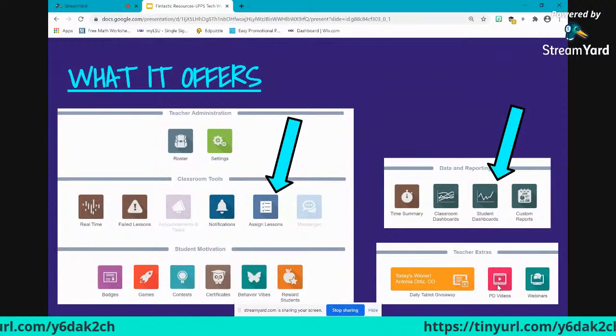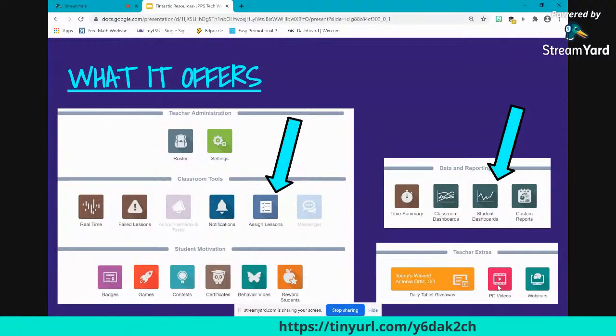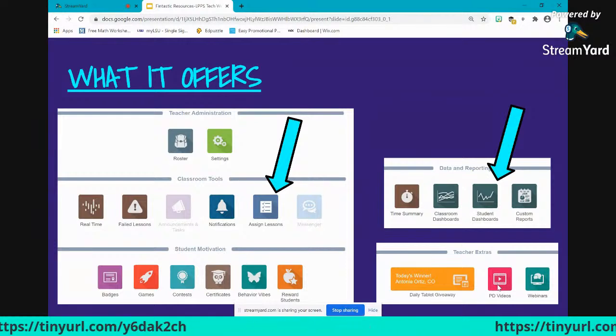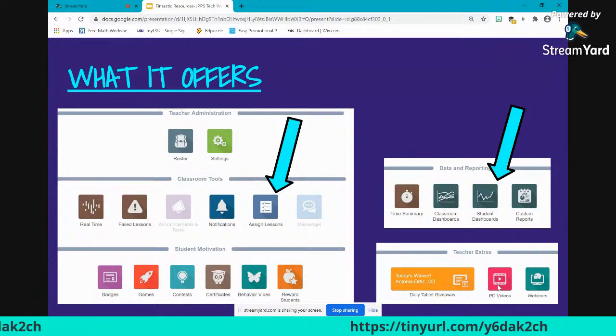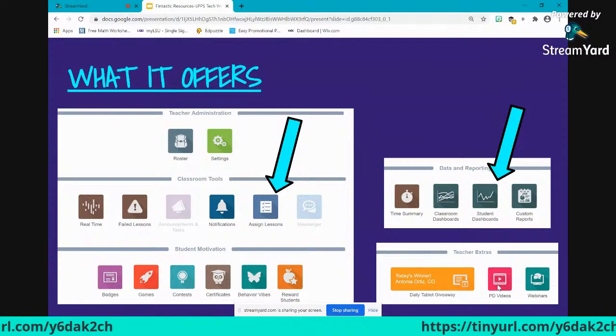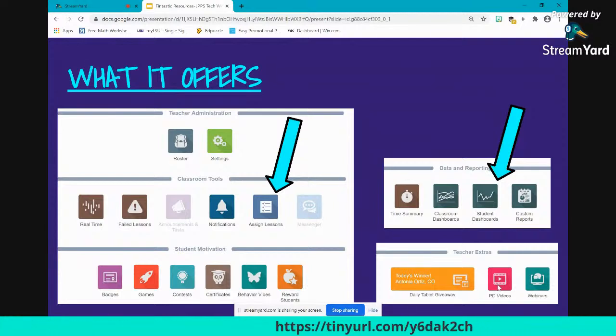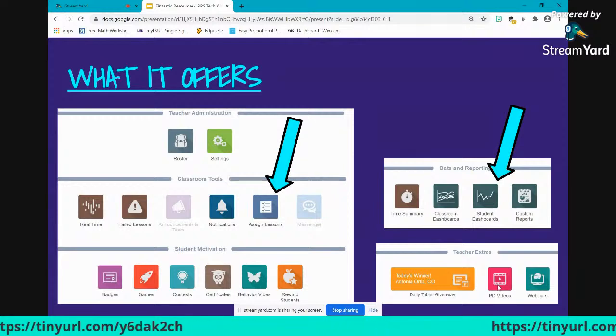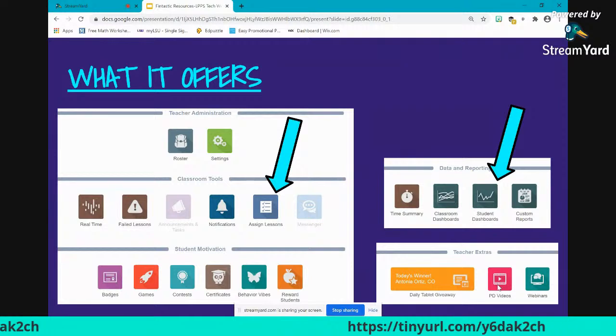It does have games on it. So the more questions the students get right, they get game time. So that's something that as a teacher, you might have to say, well, you have to get this many right in order to spend your game time, or only on Fridays you get to spend your game time. So it does have that. I believe you might be able to take that off, but I'm not 100% sure. I actually did use it as an incentive, so I kept it on there.